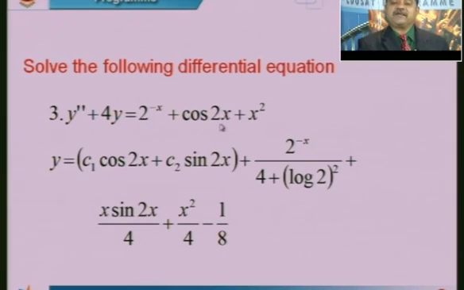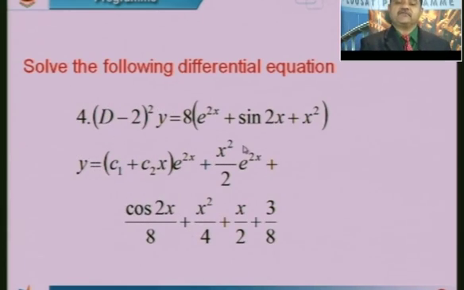Here also again all the 3 types, but the first type is in indirect form, 2 power minus x. I should write e power log 2 power minus x, then minus log 2, you have to replace it. For these known figures, it is directly the second type, probably it is becoming a 0 denominator, that is why x sin 2x is coming. If I replace minus 2 square, 4, x square is the third type, so a combination of types 1, 2, 3, but type 1 is in the indirect form.